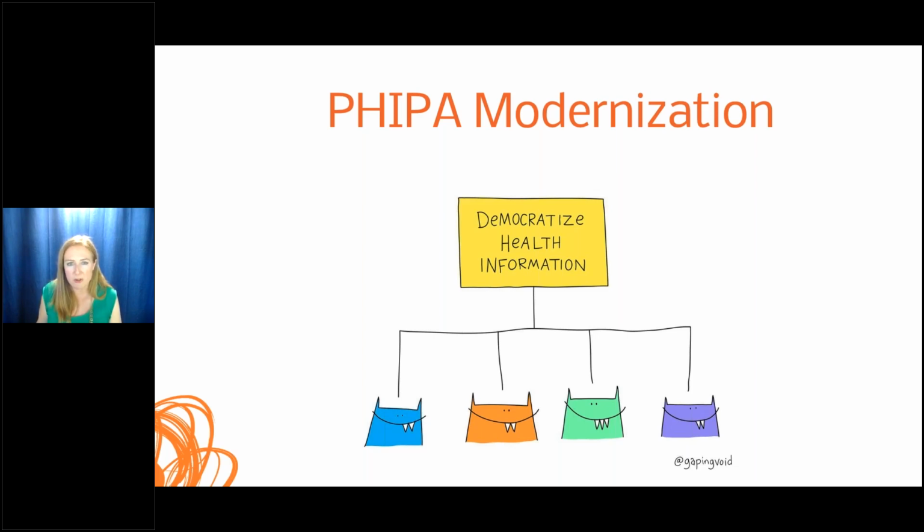I'm not going to cover those today because we don't have details, but I just want to put it in your minds that in the future we will have some new directions about giving people more electronic access to their health information that you hold about them.